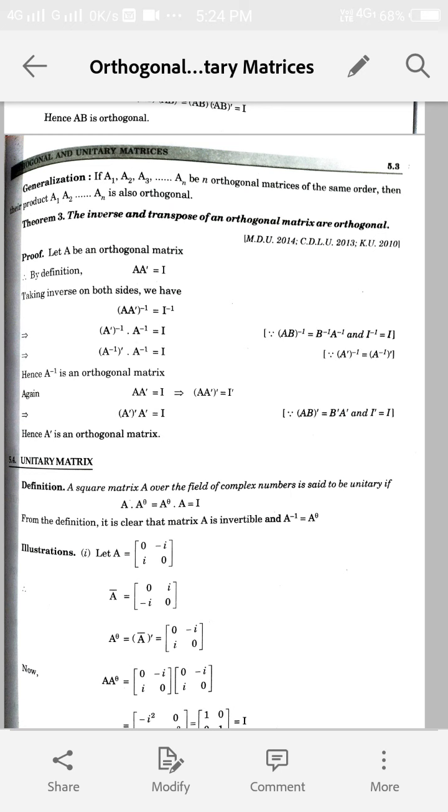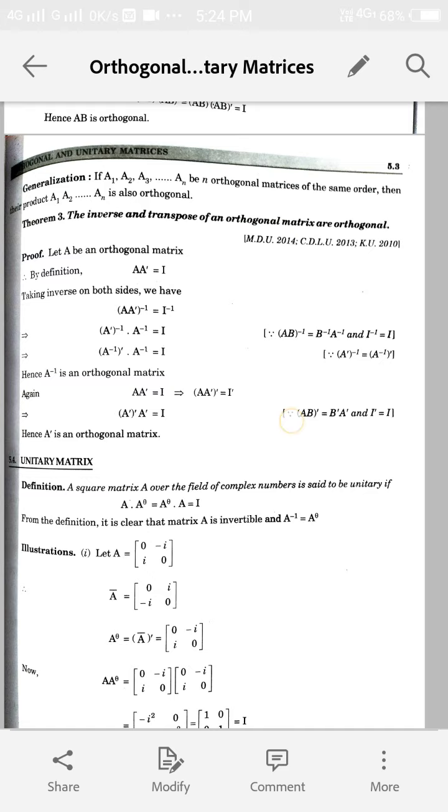Now we are to prove that the transpose of an orthogonal matrix is again an orthogonal matrix. So we have A into A transpose equal to identity. Now taking the transpose on both sides, we are here with A transpose transpose into A transpose, and the transpose of an identity matrix will again be an identity matrix. So here we have the matrix A transpose, and we have multiplied it with its transpose again. We are left with an identity matrix. So we can say from here that A transpose will also be an orthogonal matrix.